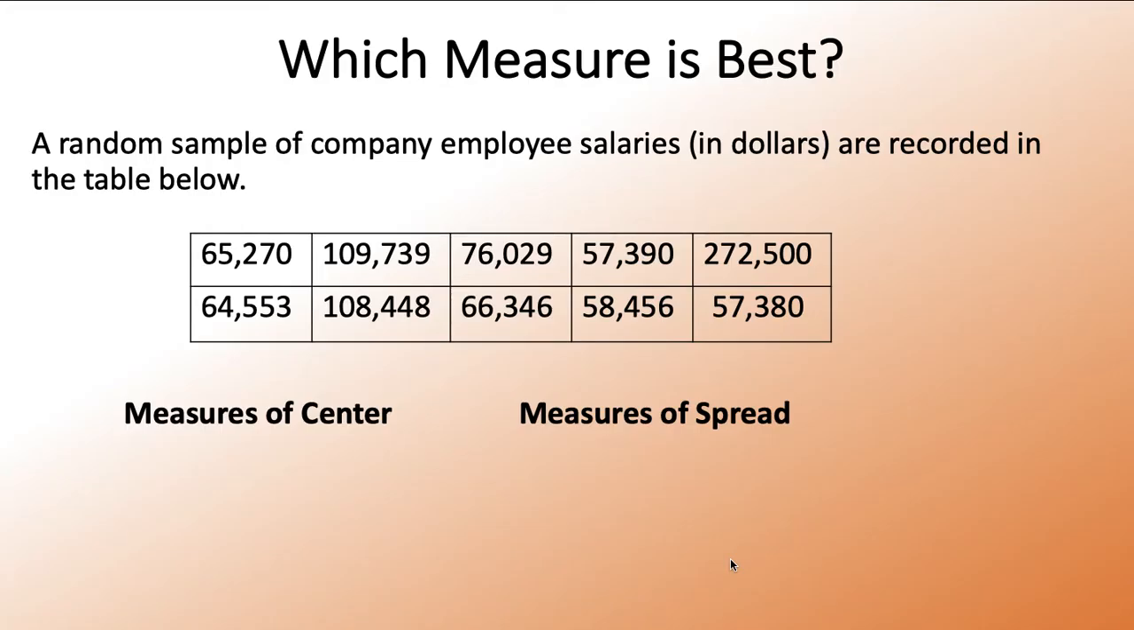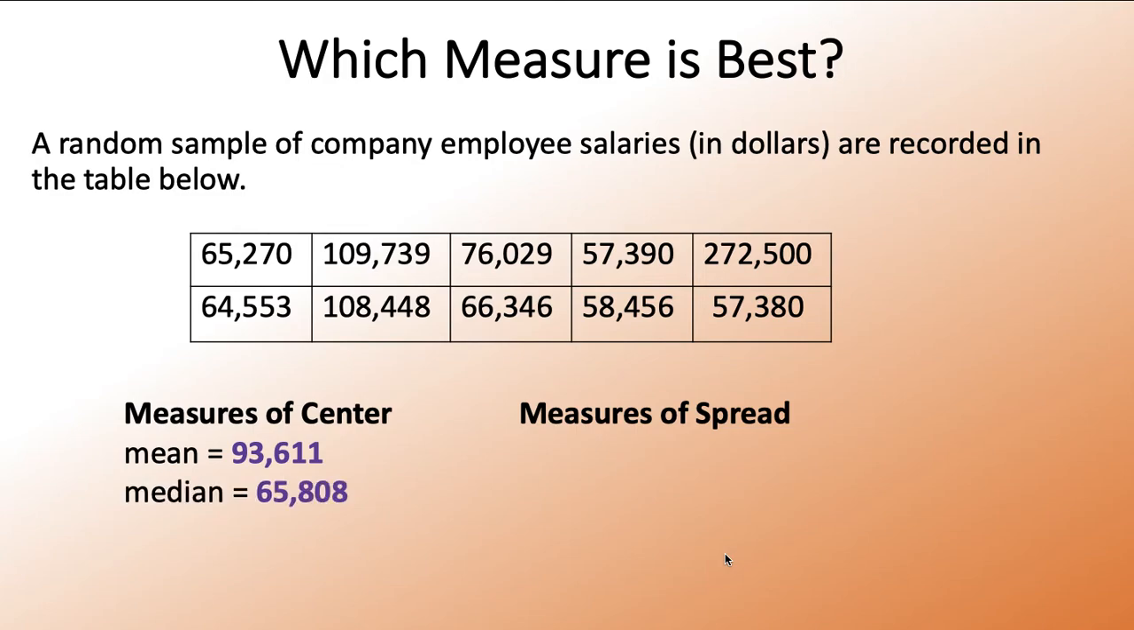In the second part of this video, we are going to compare measures of center and measures of spread. Then we're going to determine which measure is better based on the shape of a data distribution. Here we're seeing a random sample of company employee salaries measured in dollars. I used GeoGebra and found the mean is